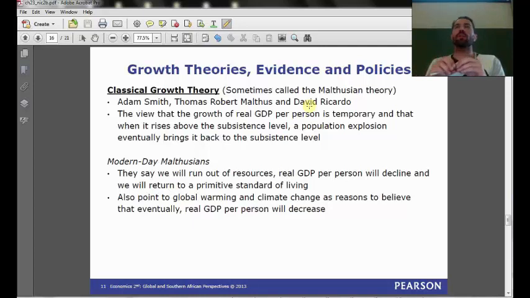So the idea was, remember, classical growth theory comes from the 1700s. You don't have things like antibiotics. Okay. You don't have things like basic medicinal science of any sort. Okay? So when you have low production, you have a lot of poverty. As soon as productivity increases, people start